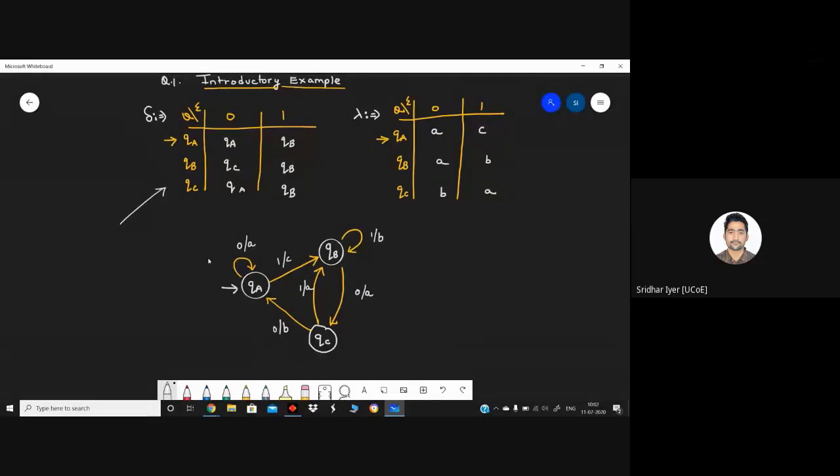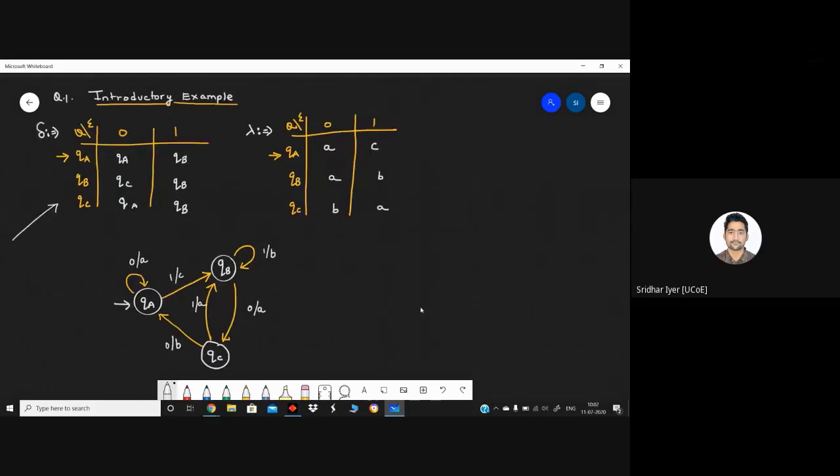So I have just picked up a snippet from a problem. It is not the actual example. I have just taken out a snippet of that actual example. This is how that particular table looks, for example, and this is how the second table looks. Now, what is the second table? This second table is also called the output mapping table.